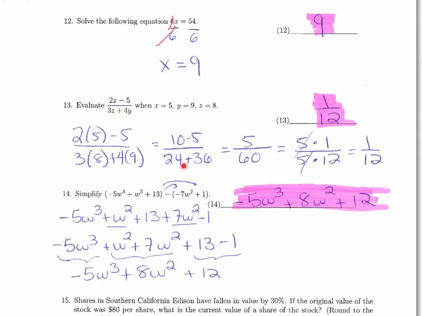Simplify each part of the fraction, so you get 5 over 60. Now 5 over 60 can be simplified because there's something in common. If right away you can see what's happening, you can do that dividing out here. But if you have trouble dividing out common factors in the numerator and denominator, then you can go ahead and factor each. So here, 5 times 1, because 5 is what is in common to both the numerator and denominator. 5 times 12 is 60, so that means we get to divide out the 5's, and we just get 1